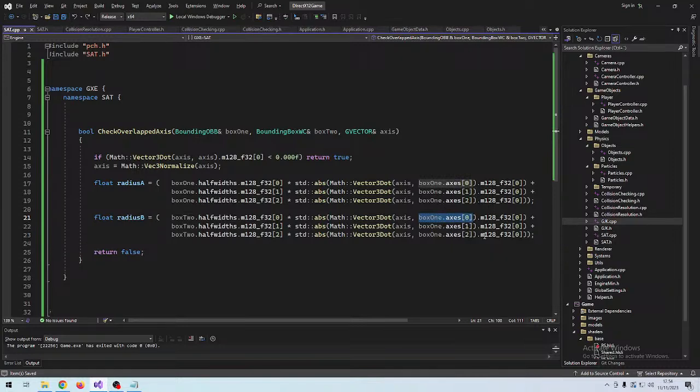Let's see. So if I do like this, I can specify the x-axis like this, and I can specify the y-axis and the z-axis, because it's going to be B, and therefore we do the transforms,